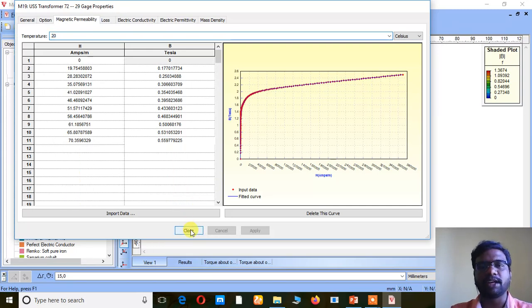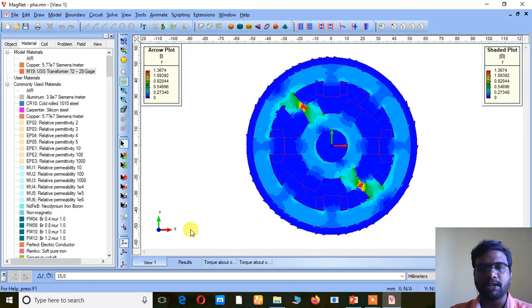So everything we have to consider, either the flux density value or the flux direction value, right? So these two. Not only that, if we see here, we can see the thickness, right? Just see at the top towards the material M19. If I keep the cursor here, you can see at the last the lamination thickness is 0.36, right? So the lamination thickness is 0.36. Then only this torque will be achieved, right?